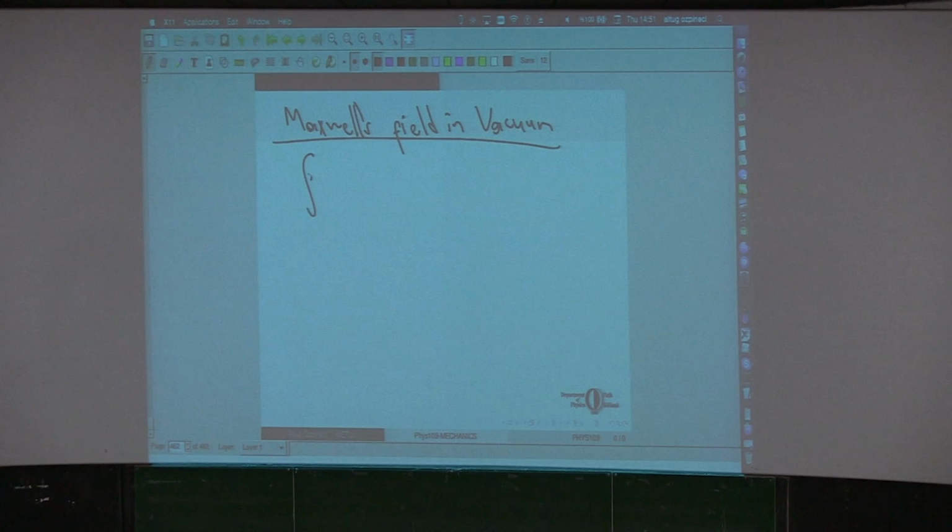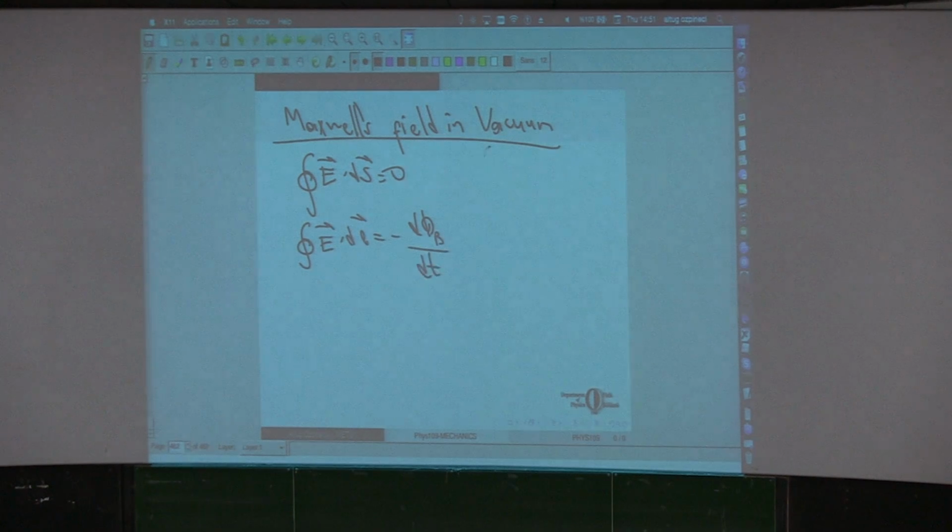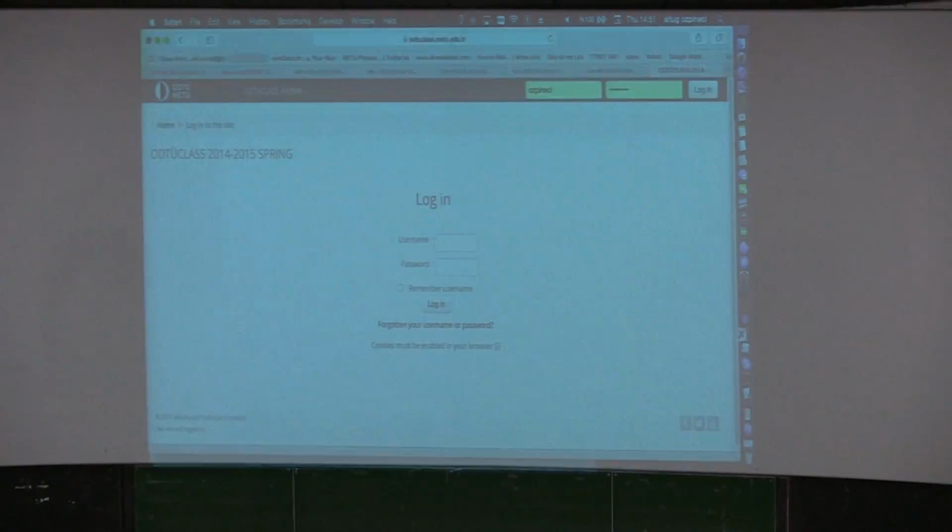So they should satisfy these equations: E dot ds is equal to 0. E dot dl is equal to minus d phi B by dt. B dot ds is equal to 0. B dot dl is equal to plus